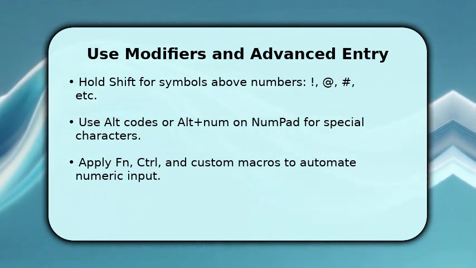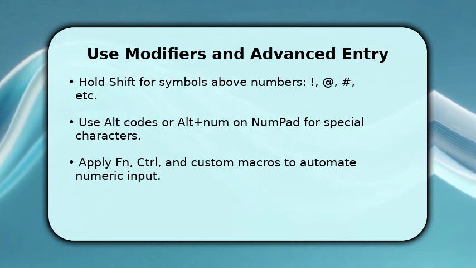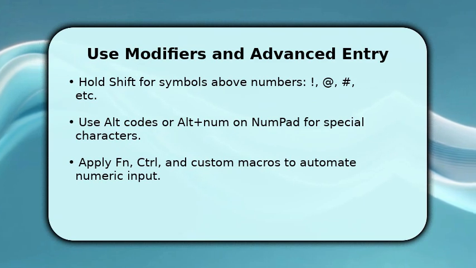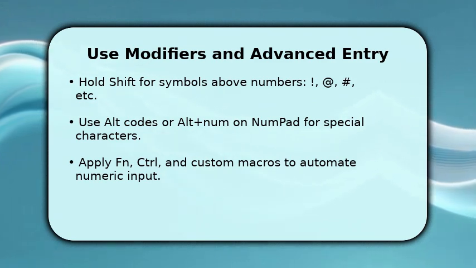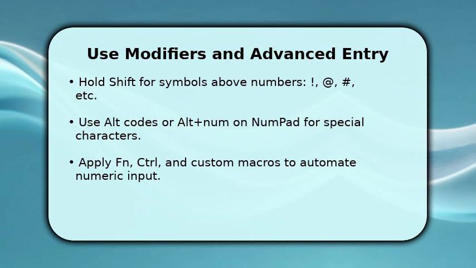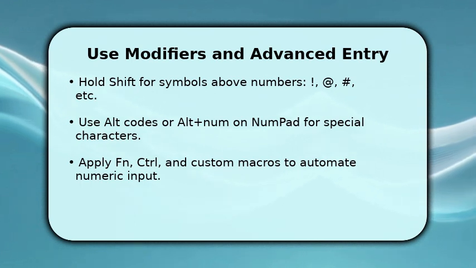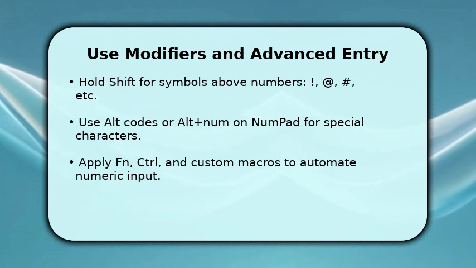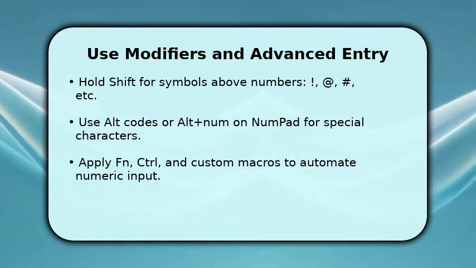Once comfortable, use Alt codes on a Windows PC with the numpad. Hold Alt, type the numeric code, release to produce special characters. This avoids character palettes. Make sure FN or modifier layers aren't remapping keys. Laptops often swap functions. If you need repetitive sequences, record a macro or use text expansion to paste numbers quickly